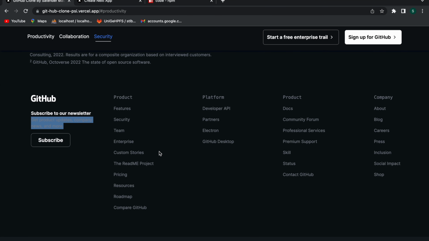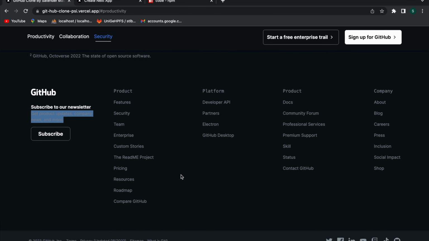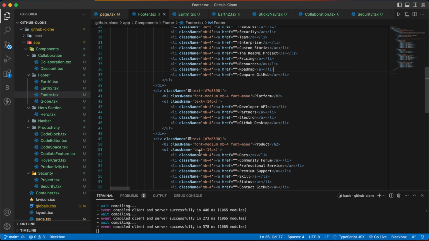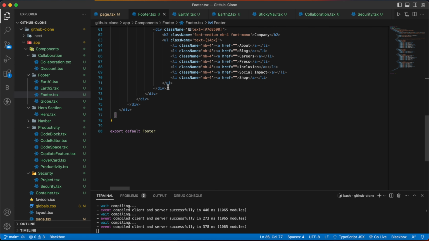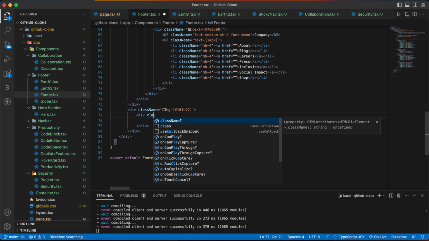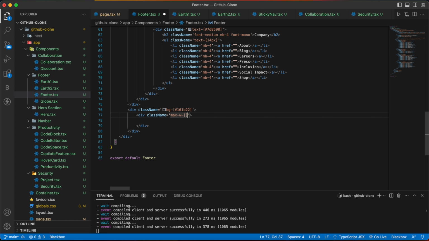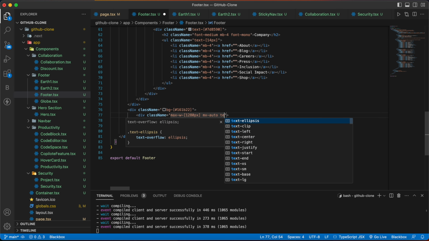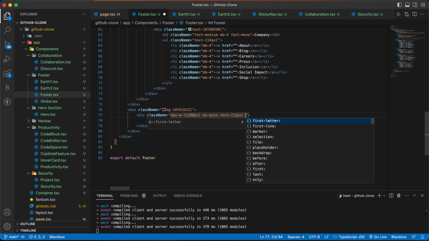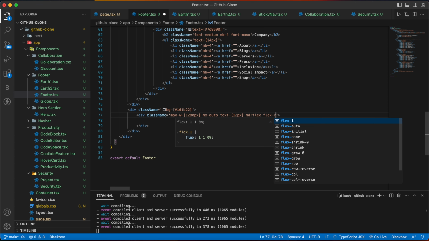Now we have to make this down footer, if you can see that. For that, go back here. Outside this div we are going to have one more div with the class name of bg. Inside that we will have one more div with the class name of max w 1280 pixels, mx auto text 12 pixel, md flex row reverse,